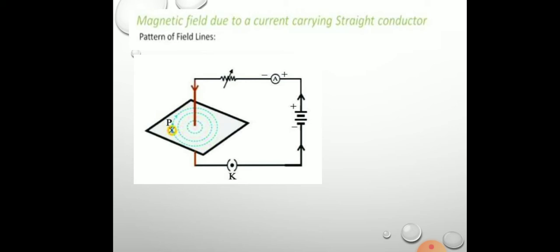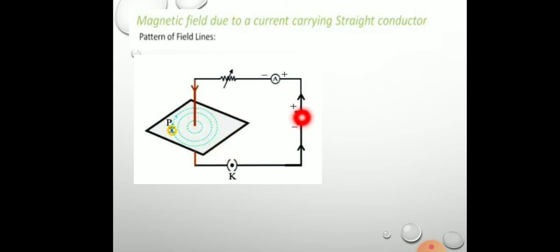So in order to determine the magnetic field lines, iron filings are used every time. We place a magnet and put some iron filings, and they arrange themselves along the magnetic field lines, is it? That is what we explained in the last class when we showed the magnetic field lines around a bar magnet. In the same way, it has happened in the above experiment. So the field lines in this case are arranged in the form of concentric circles.